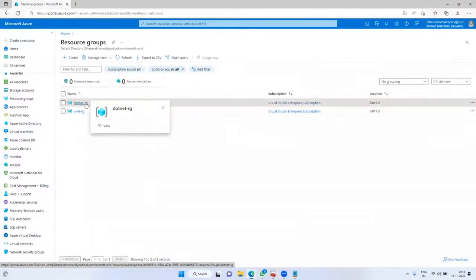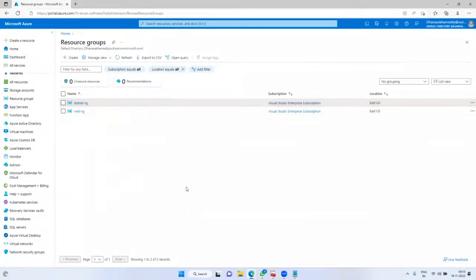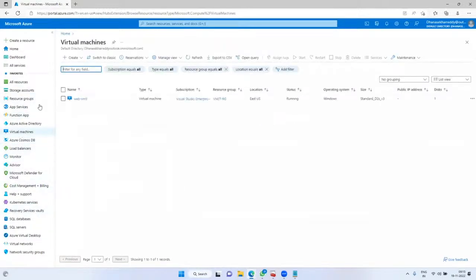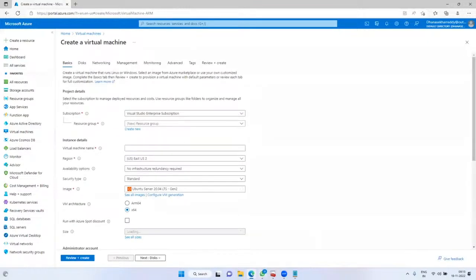Okay, fine. Now I would like to deploy one virtual machine. Can I host it? Why not? Now navigate to virtual machines. Okay, already I have one virtual machine. Now just go to create one VM. Let me quickly summarize.